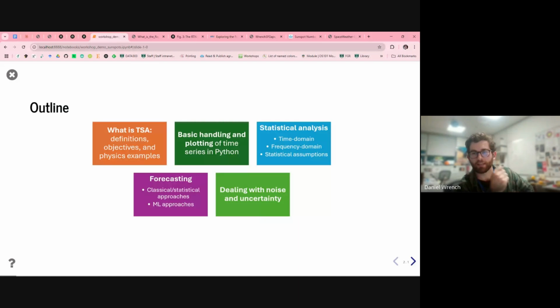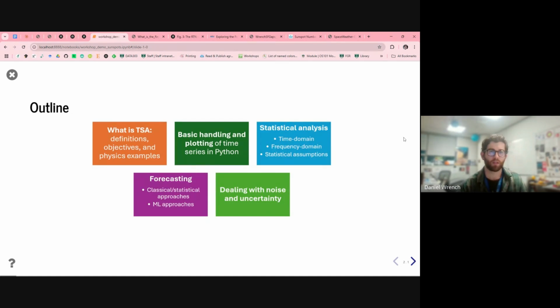And then, having described our signal, having extracted important information from it, we'll then move over to the realm of forecasting, because as you might assume, if you have a model that captures the variation of data well, maybe things will be predictable. Again, those have classical or statistical approaches versus machine learning approaches. And then finally, I'll talk a little bit about noise and uncertainty, nuisances that commonly have to be dealt with when we're analyzing real-world signals.